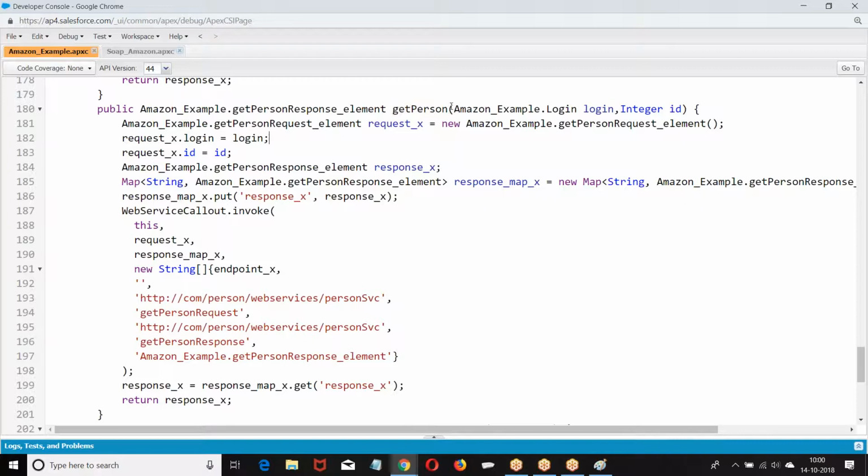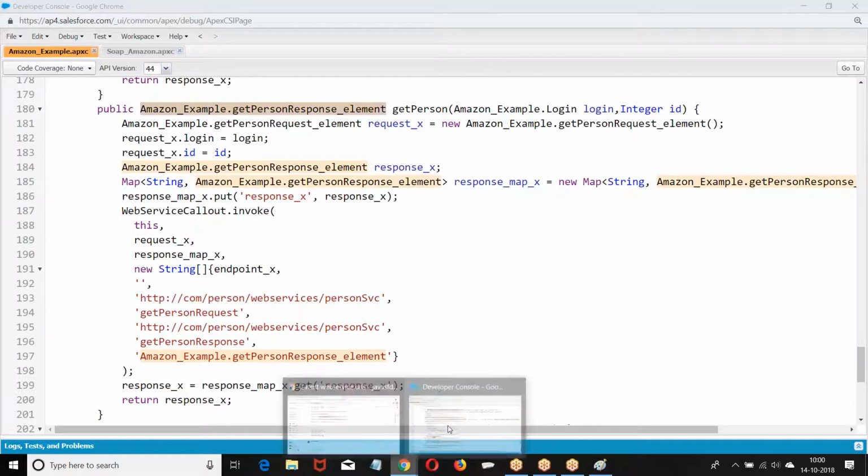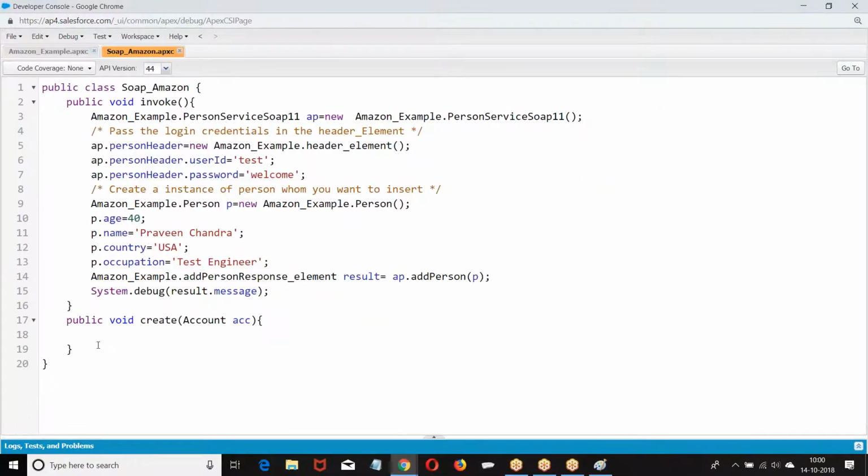Now they are expecting me to pass the authentication data in the body. In the previous example, I was passing it in the header. Now I am passing the data in the body. So what I was supposed to do was, let me clear.